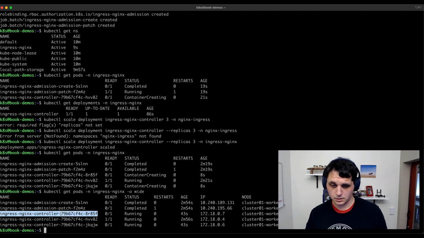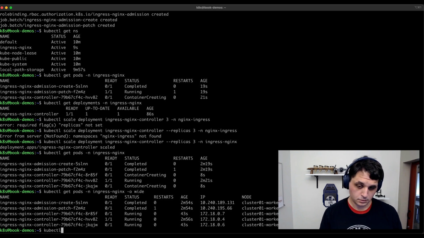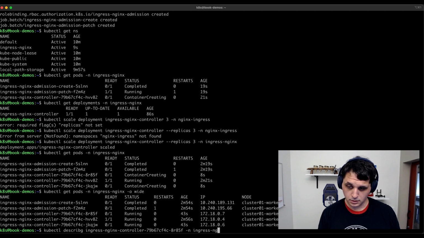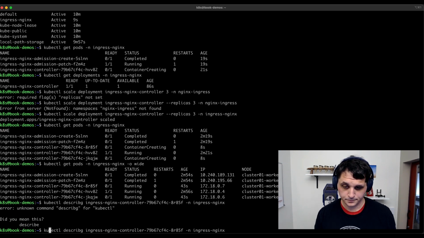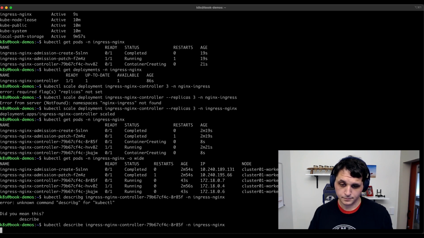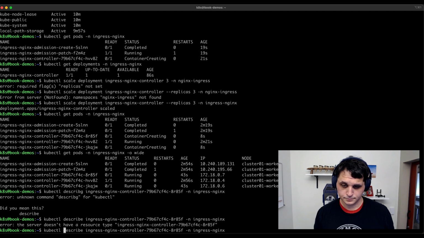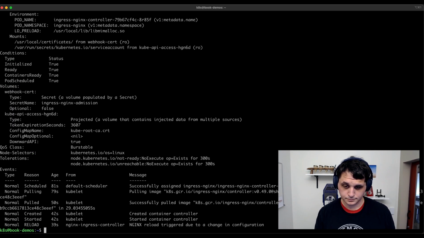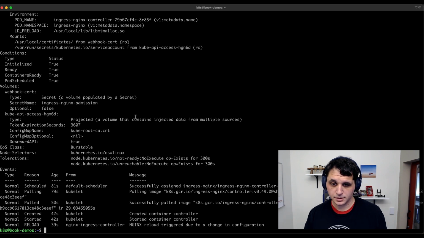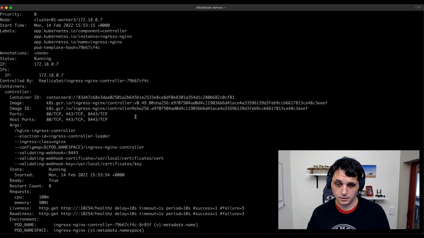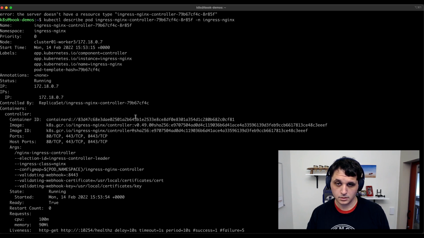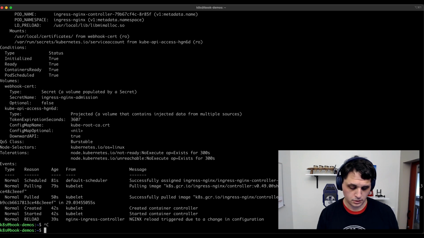Let's see here. Kube control describe ingress Nginx. All right, so that is going to be running on, let's see here. It's running on worker 03. Actually, kube control,